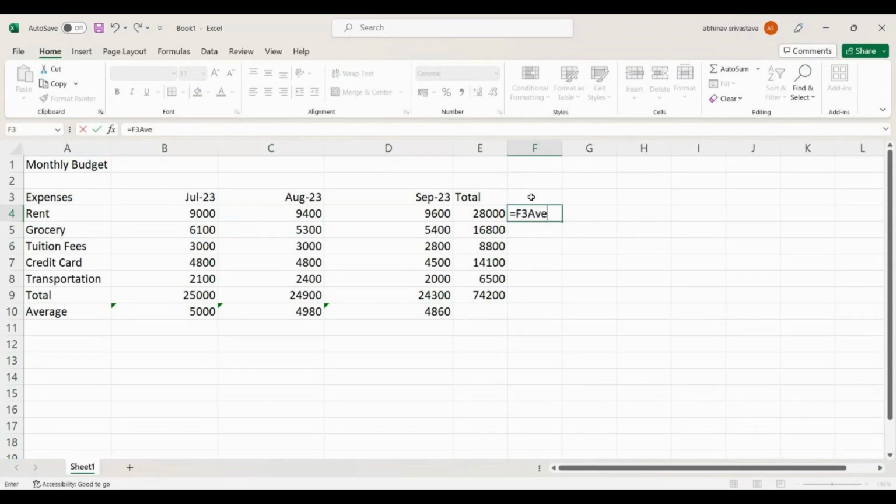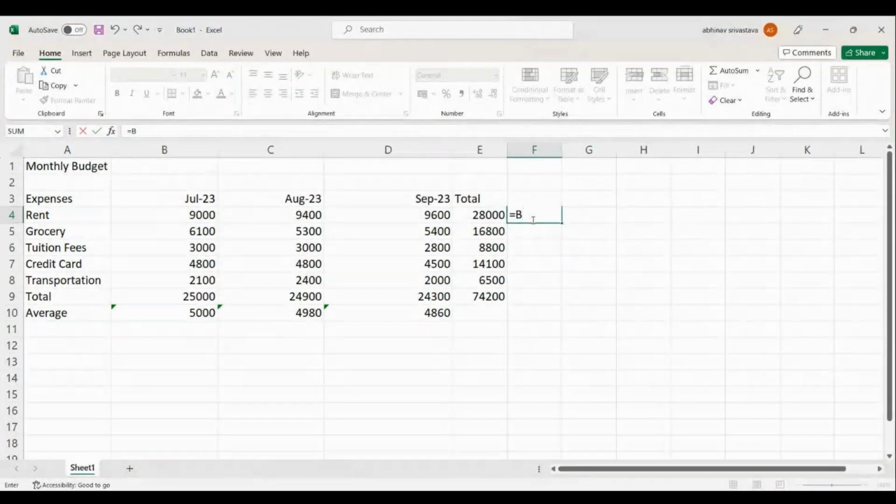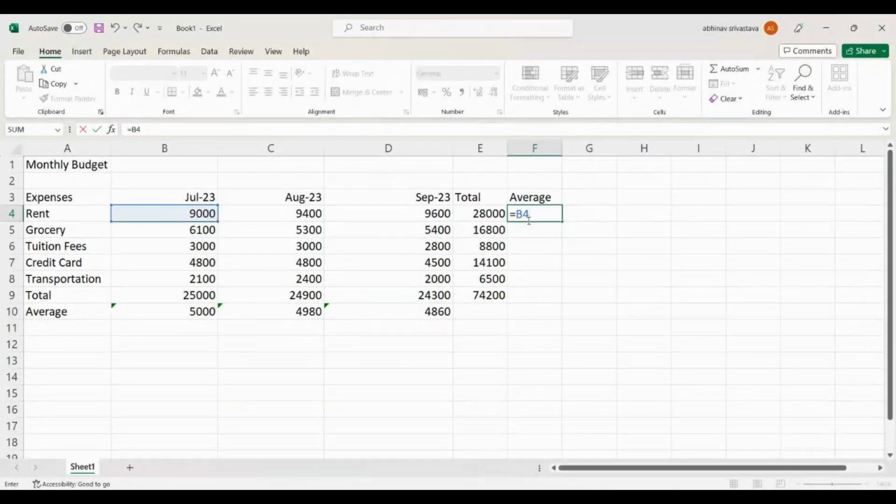Actually, what you can do, you can do something like this. One second. You can calculate the average here. You can calculate the average on the basis of month here. Okay, you can calculate the average on the basis of month here. So I will select column B2. Oh no, not B2, B4. I will select the column B4, this particular cell, colon. Oh sorry, I will write something like